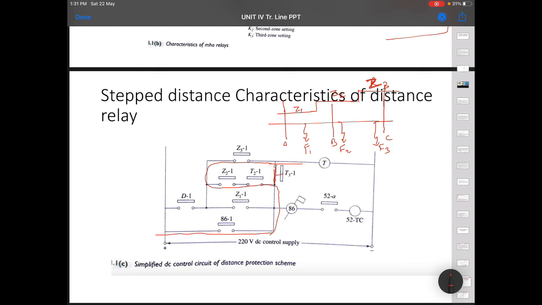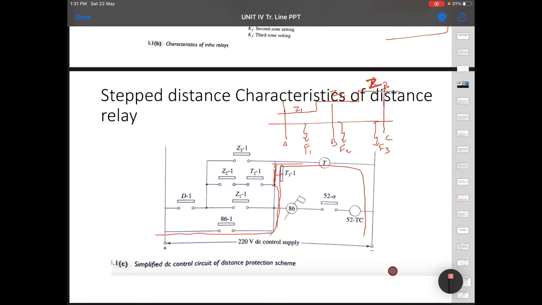Once it's done for 0.5 seconds, the path is this. Now this path does not matter, even if it is there or not, because after 0.5 seconds this happens. In zone 2, after 0.25 seconds this happens, so after 0.5 seconds this closes, so this is the path. So once you have a complete path from positive to negative, there is a tripping decision.